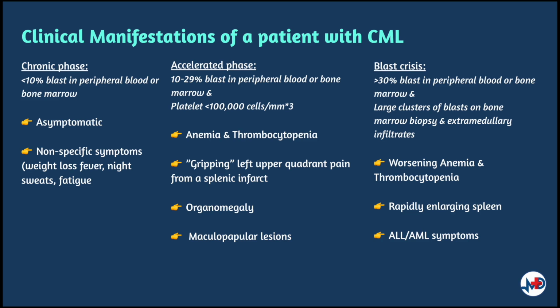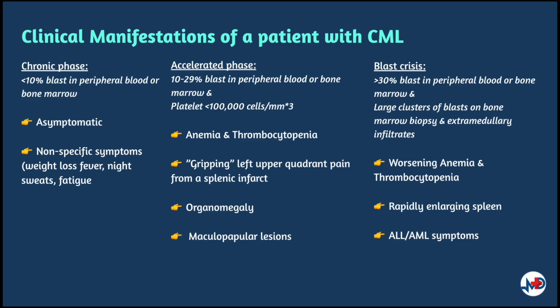In the accelerated phase, patients then present with increasing anemia and new thrombocytopenia, symptoms of leukostasis, and splenic infarctions, as this proliferation often compromises local blood supply, hence causing infarcts. There may also be dermatological and soft tissue involvement due to infiltration. We also find that in the accelerated phase, splenomegaly is often exaggerated, palpable in the lower left quadrant or pelvic cavity.